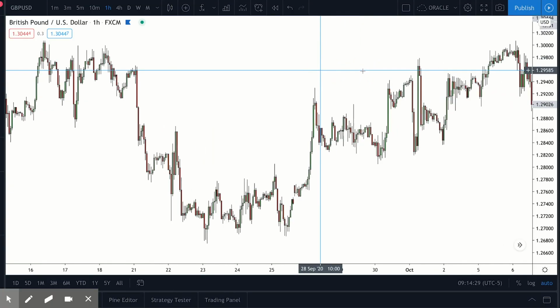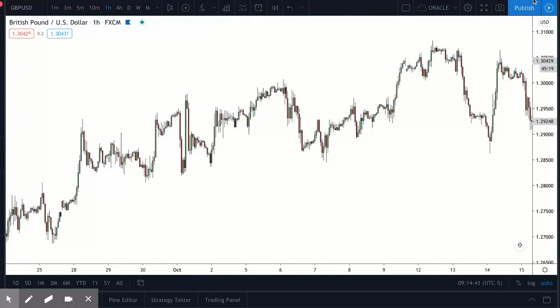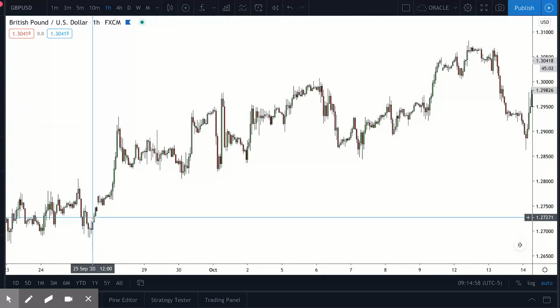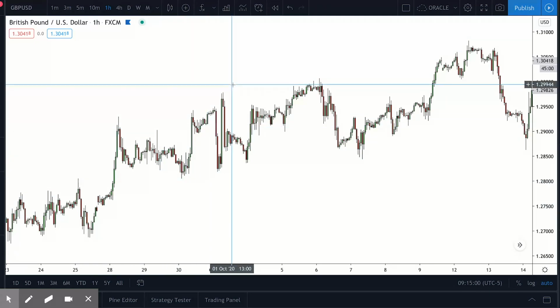All right, now we're going to dive into the technical analysis. This is where the real chart work begins and the first real step in actually beginning your technical analysis journey and learning to master chart work. So, market structure. Market structure refers to the highs and lows of the market and how they react to one